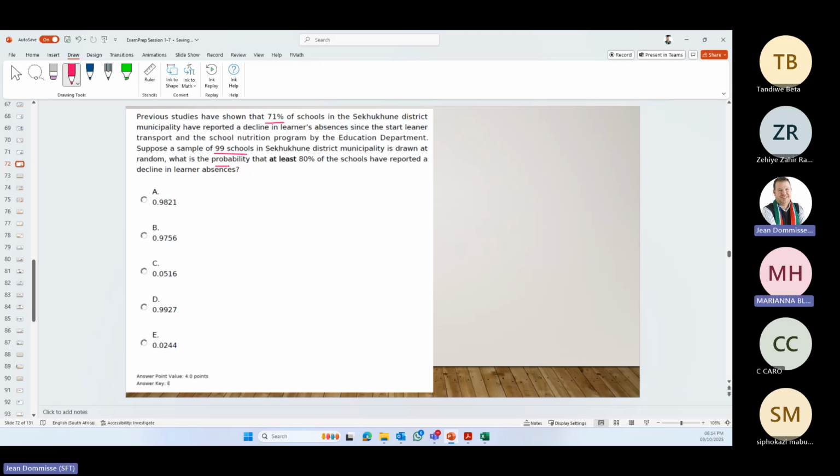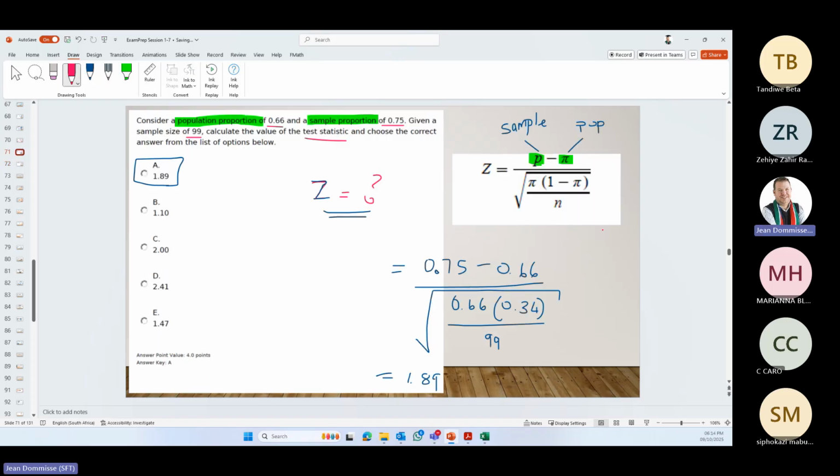What's the probability that at least 80% of schools have reported a decline? Okay, so let's first write it out. So Z is...